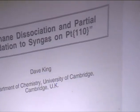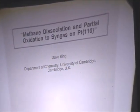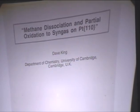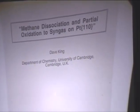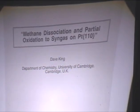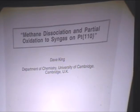What I'm going to talk about is the work that we've been doing on methane partial dissociation in particular. The focus of the work was really on the question, from a chemical dynamics point of view, how does methane dissociate on collision with a metal surface? That's the essential question. And we then went on to look at the reaction between methane and oxygen to see if, under our conditions, we could get the reaction to produce the products that you chaps like to have and